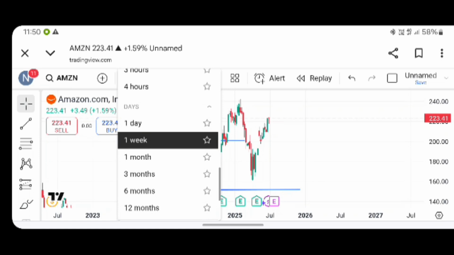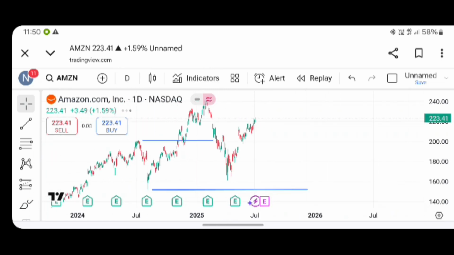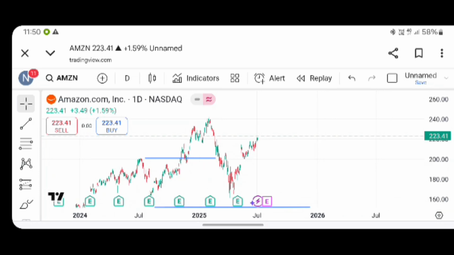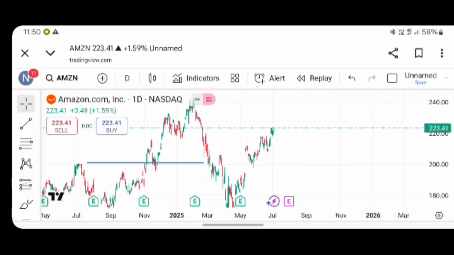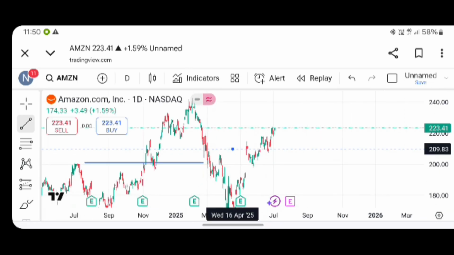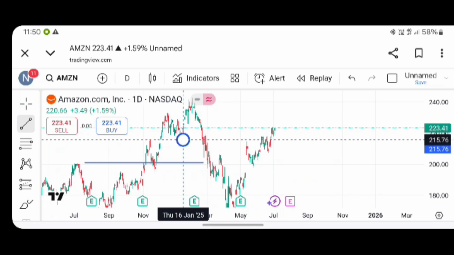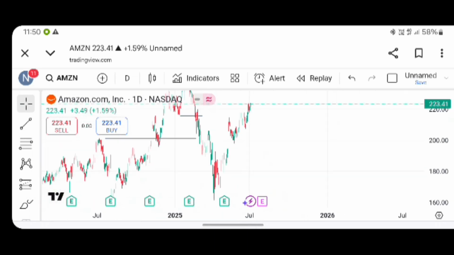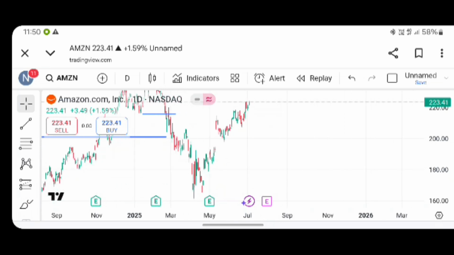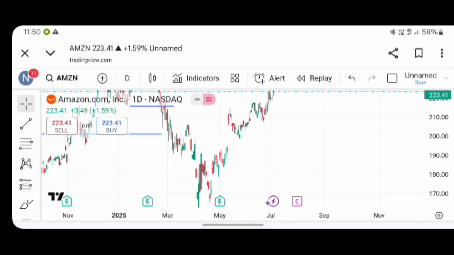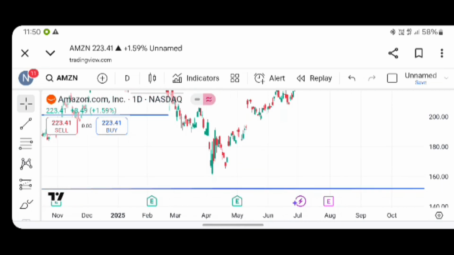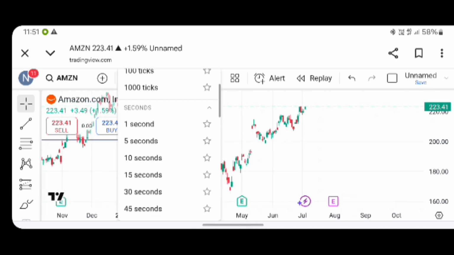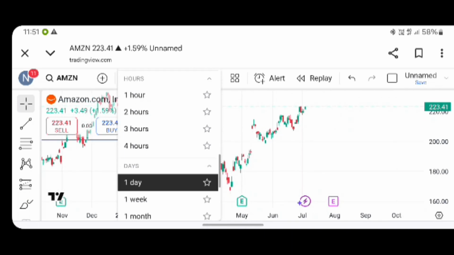Next to mark the higher. Okay, next to go to the day time frame. You can also see this is currently an uptrend. Also we verify the break of structure that happened here for the downtrend. Next we also see currently it is an uptrend. So to verify this uptrend, to satisfy whether the break of structure has happened or not, we have to go to